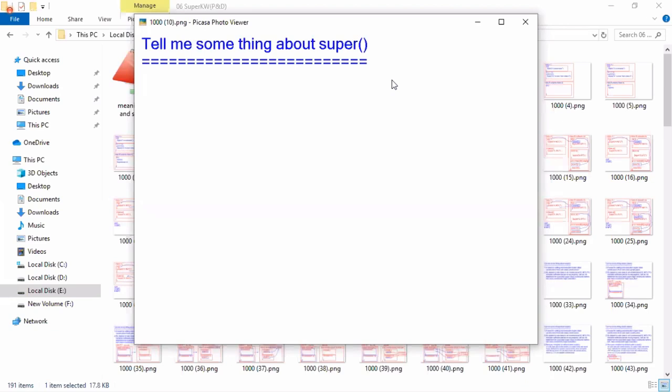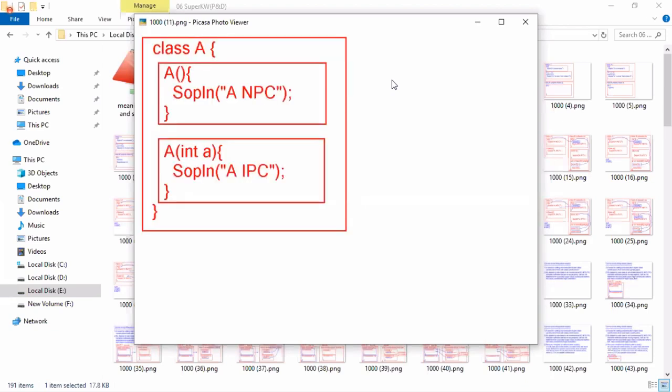Then one point you need to understand. Look here, I have class A and class A contains two constructors. Tell me now, in those two constructors, did you place a super() statement? No. Because you didn't place it, what happened? The compiler inserts the super() statement.